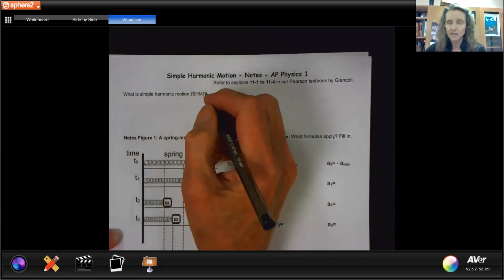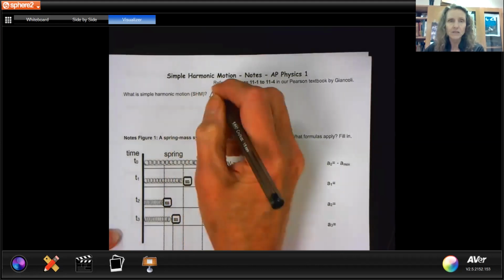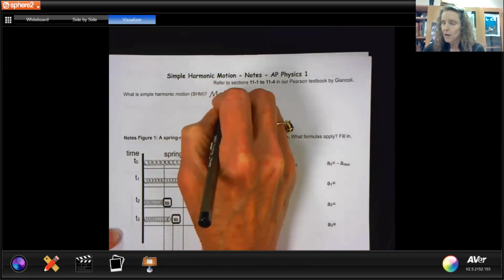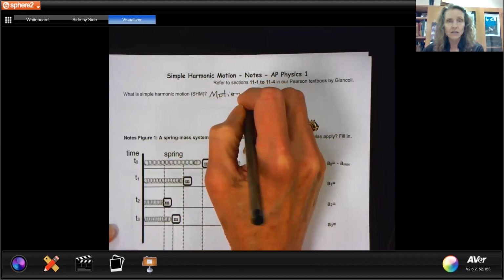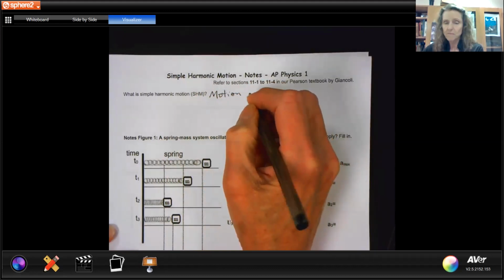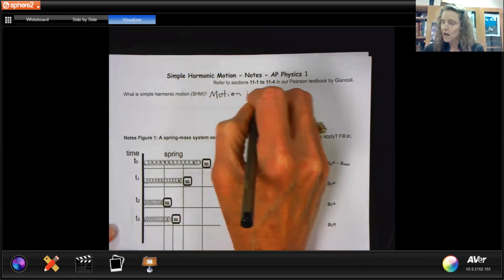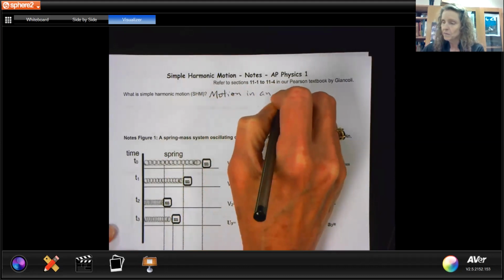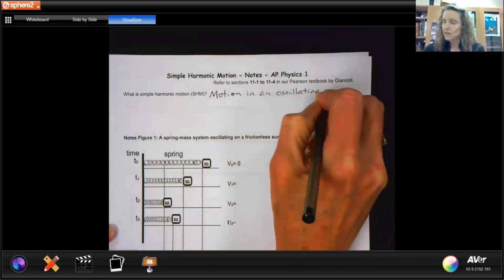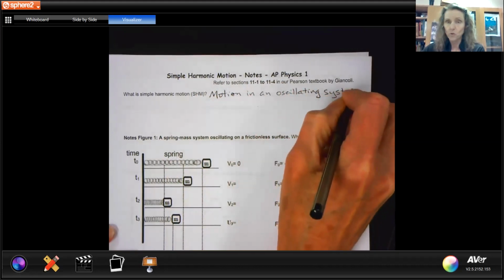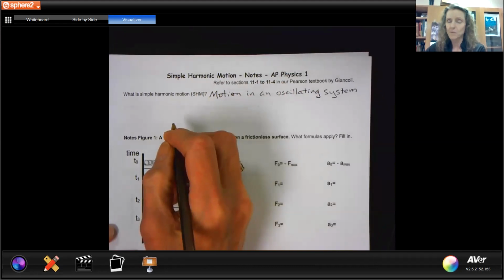Motion in an oscillating system. So to oscillate means to go back and forth, which on a small scale is vibration, and on a bigger scale is something like a swing on a swing set or a pendulum. So motion in an oscillating system. Can you spell oscillate? Motion in an oscillating system, but more than that, has a couple of really important requirements